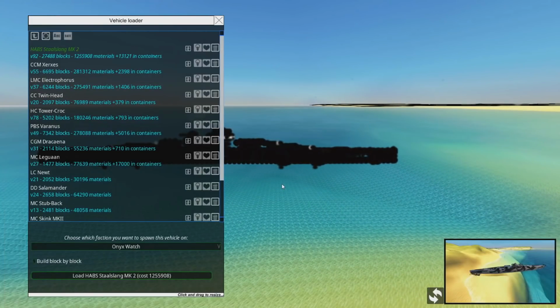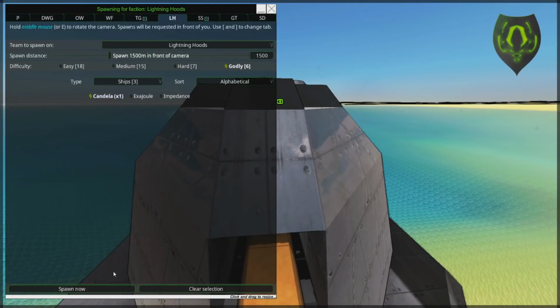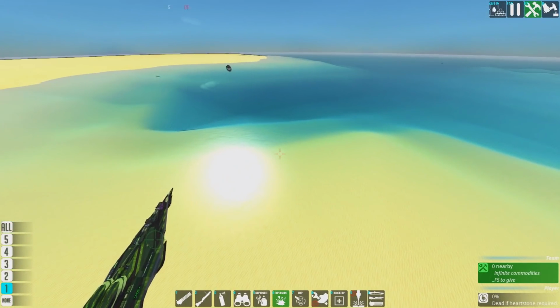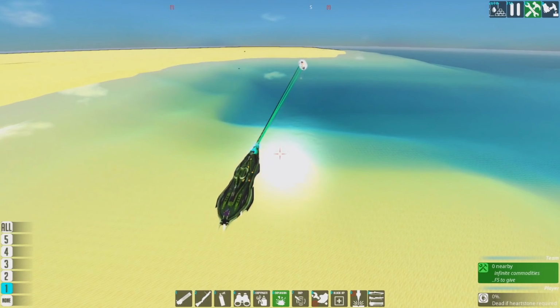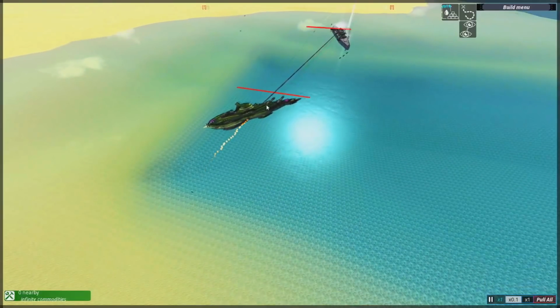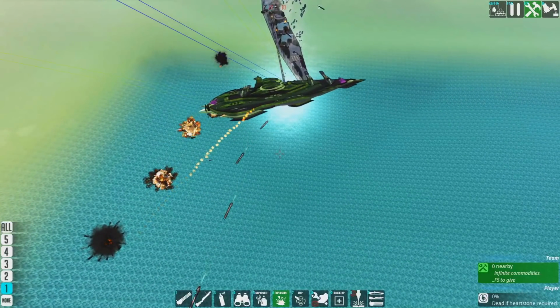So let's spawn in this fella again. Go here, spawn in the Candela. And hopefully you're not already on land, because that would suck. Yes! Slight angle, perfect. No, wrong way, please don't. Oh, please don't collide with me. Oh, you are totally going to do that. You stupid...